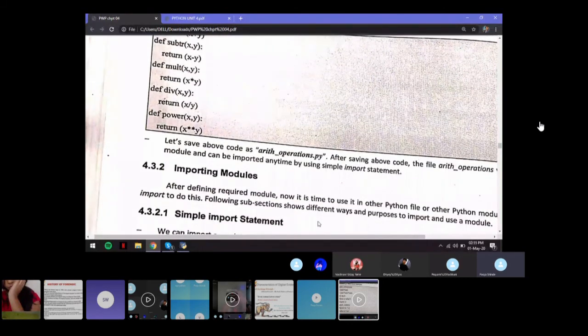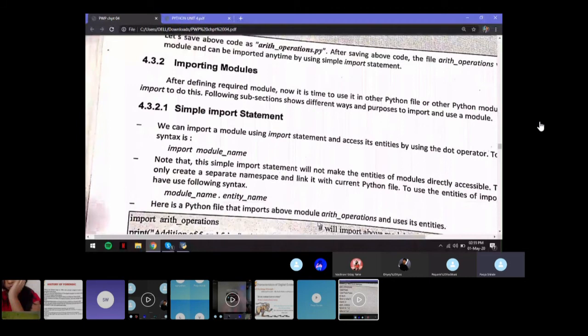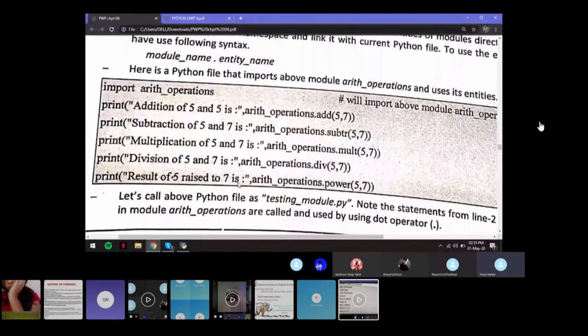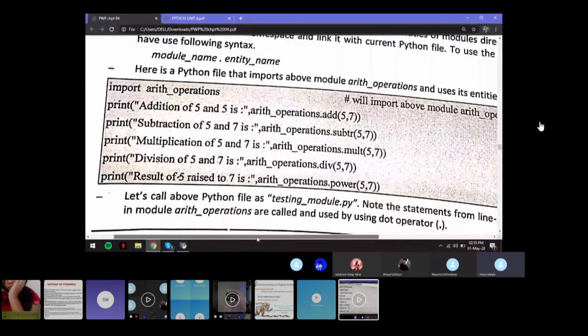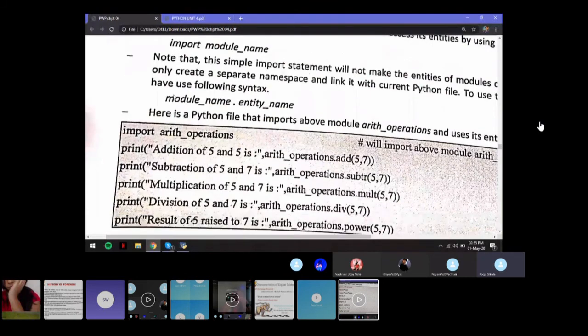Okay, and then you want to use this entire code somewhere else in some other program, right? So you'll need to import this file into your other program. Look at the second example. If you want to calculate the addition, subtraction, everything, all you need to do is write a simple import statement. The import statement works as import, space, your file name. So what was our file name? arithmetic_operations. The same name we wrote over here. So import arithmetic_operations, and then you can directly start calling the function itself.